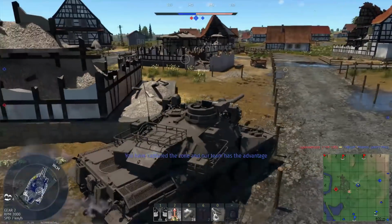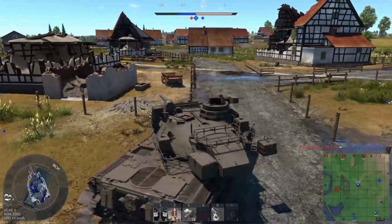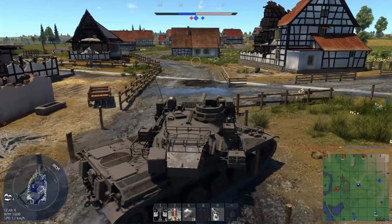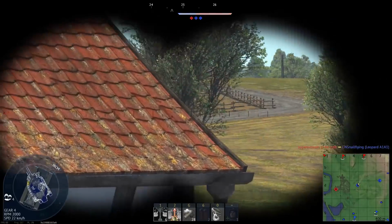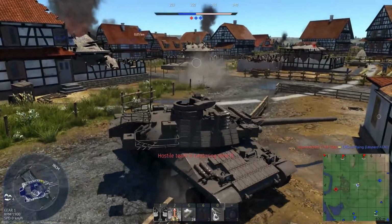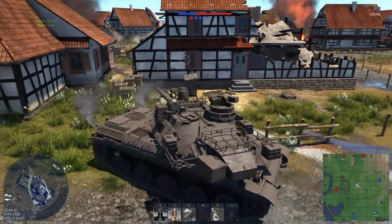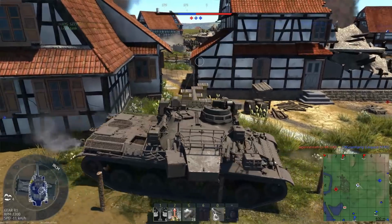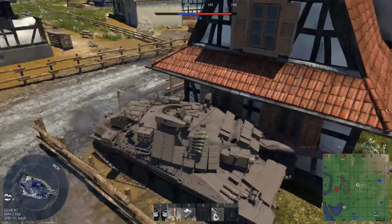So, what I've done here is I've taken the cap, and I'm really afraid to move out because I need to be aware of everything in my surroundings to make sure there's no enemy around that can take me out really quickly. And just as I get off the cap, a T44 and a BMP-1 come straight through. I can see the BMP-1, I can't see the T44-100, so I'm assuming the T44-100 was the one in the cap because he killed the